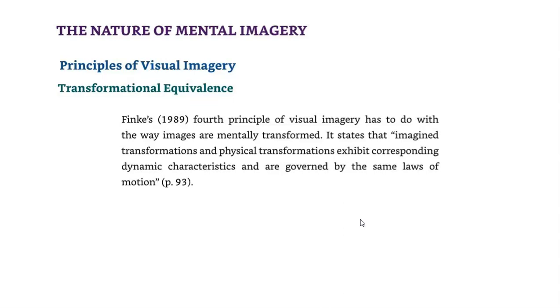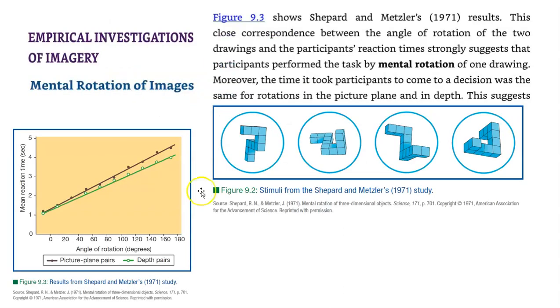So it appears to be a rather basic idea on its face, but of course until the Shepard and Metzler experiment we did not know that, and they came up with very linear evidence. So for instance, here, and this is right from your book of course, here is that graph that shows that the more I have to rotate, the longer it takes to render a decision. Pretty concrete evidence, I guess you could say, really strong evidence for that. And it's one of those foundational experiments in all of cognitive